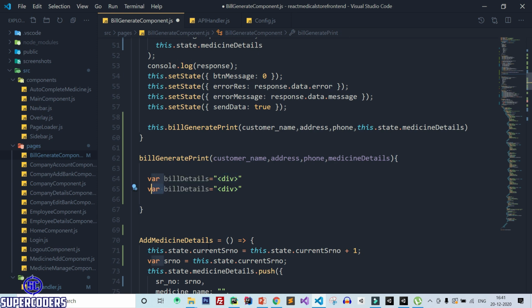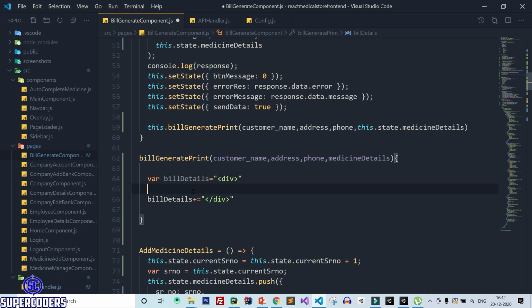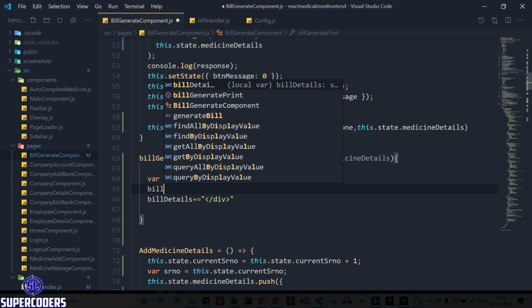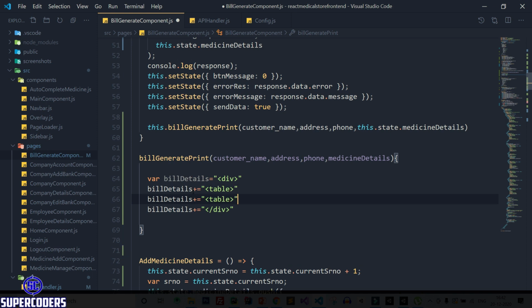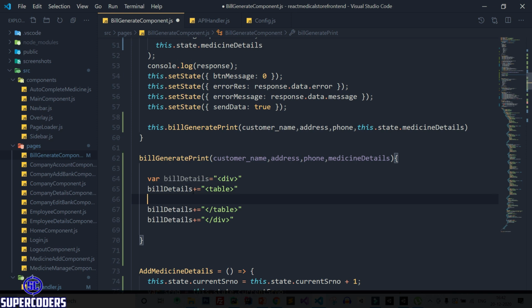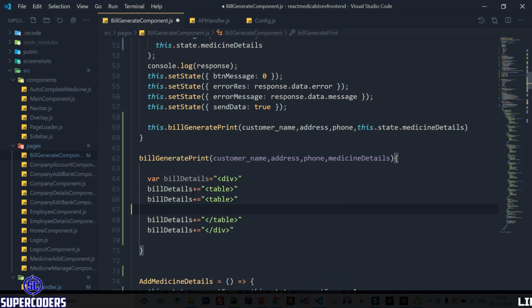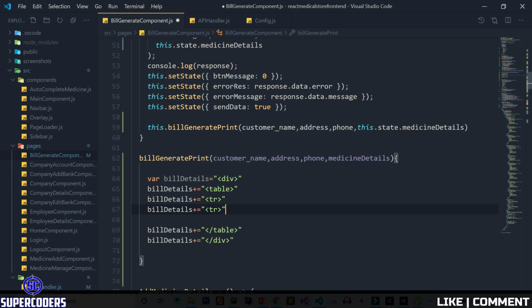After that, bill details plus equal to div, and here we need to add some table. So again, bill details plus equal to table, close the table. After that, adding td or tr, close the tr.